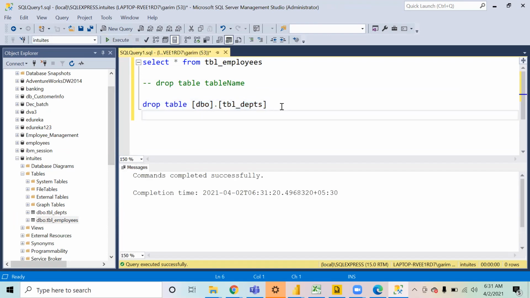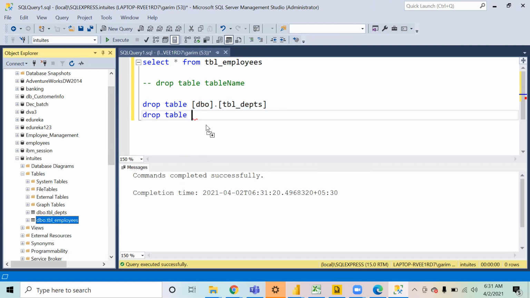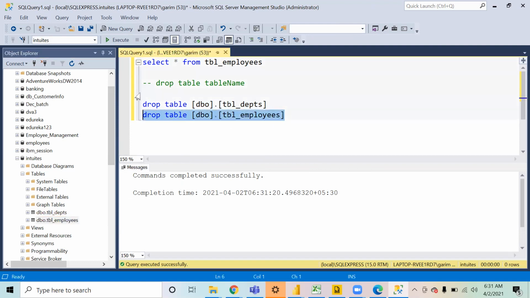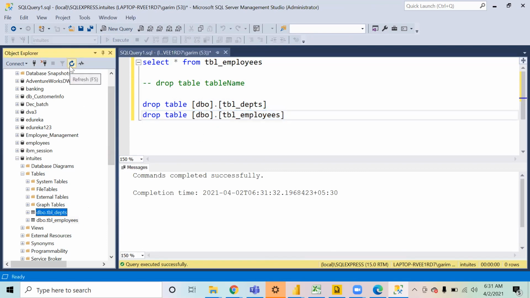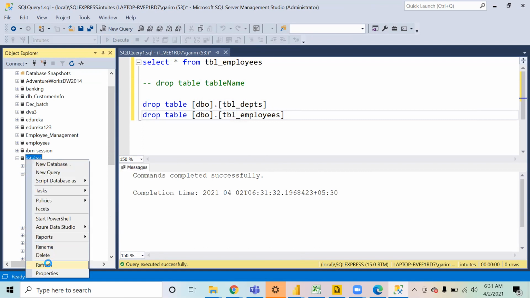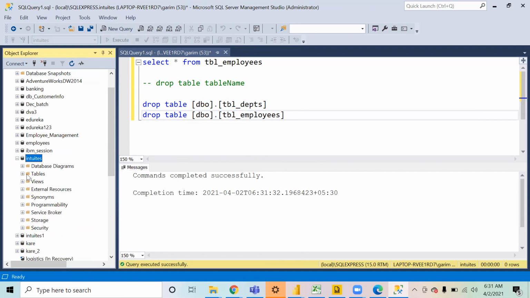And similarly, I will say drop table employees, and we execute it. Now this is going to drop the second table also. So now you just refresh it and check the tables.